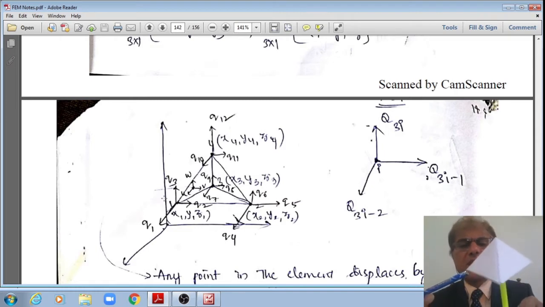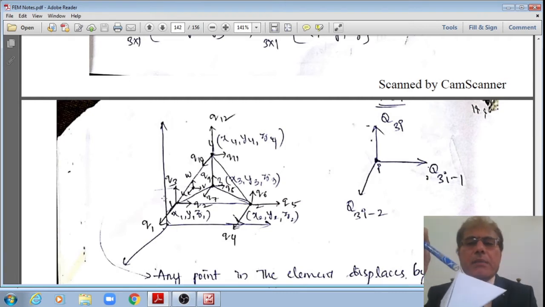Now next, here you please see that the different node numbers are like this, right? Node 1, node 2, node 3 at the base, and at the apex point, node 4. Then the Cartesian coordinates of these nodes are respectively, for node 1, x1 y1 z1, for node 2, x2 y2 z2, for node 3, x3 y3 z3, and for node 4,